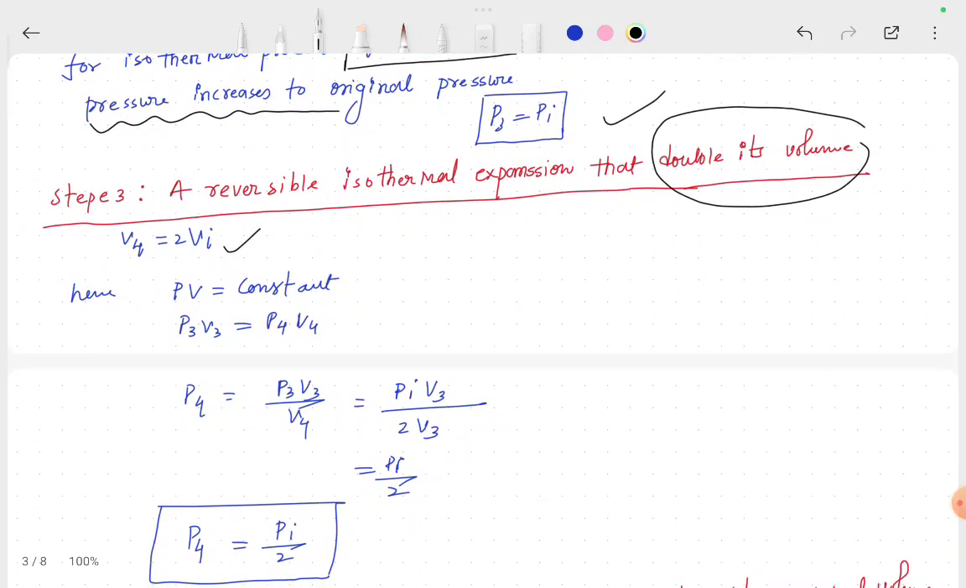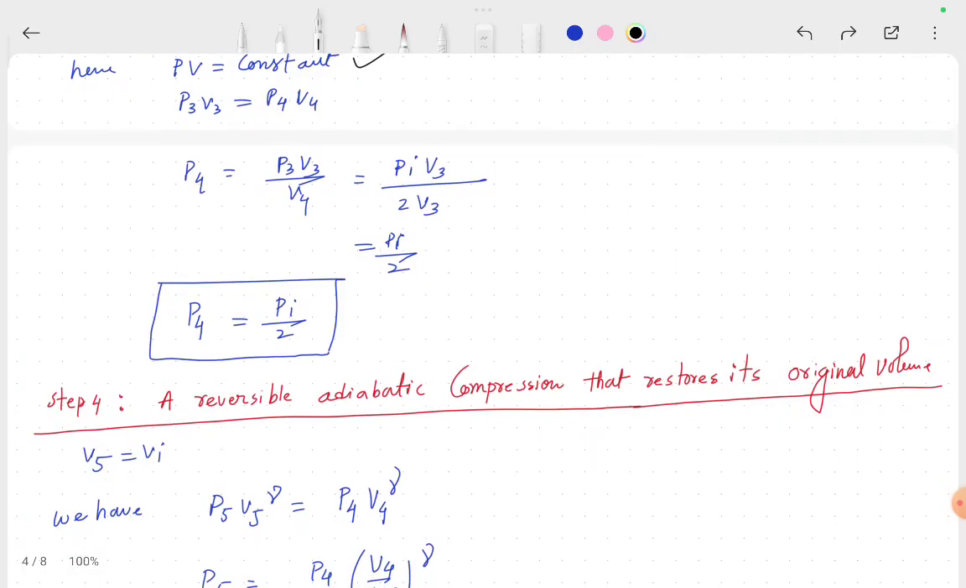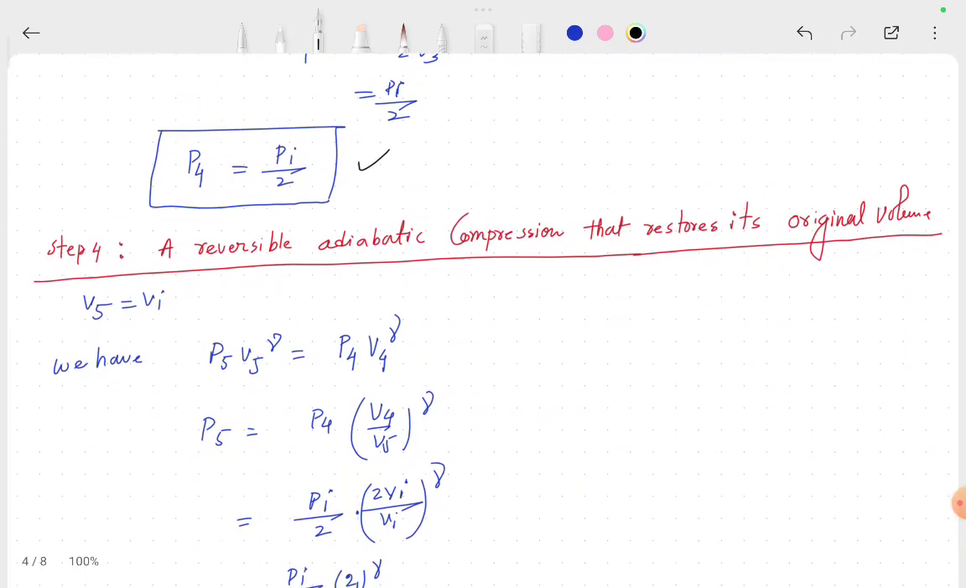Again, isothermal process, so we use the isothermal process gas equations. So P3 V3 equals P4 V4. From these equations, P4 equals P initial upon 2. Next, step 4. Step 4 is reversible adiabatic